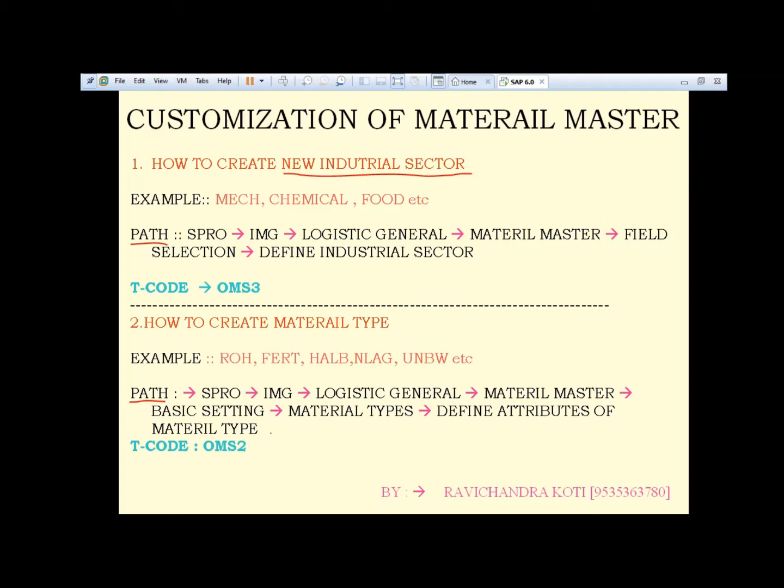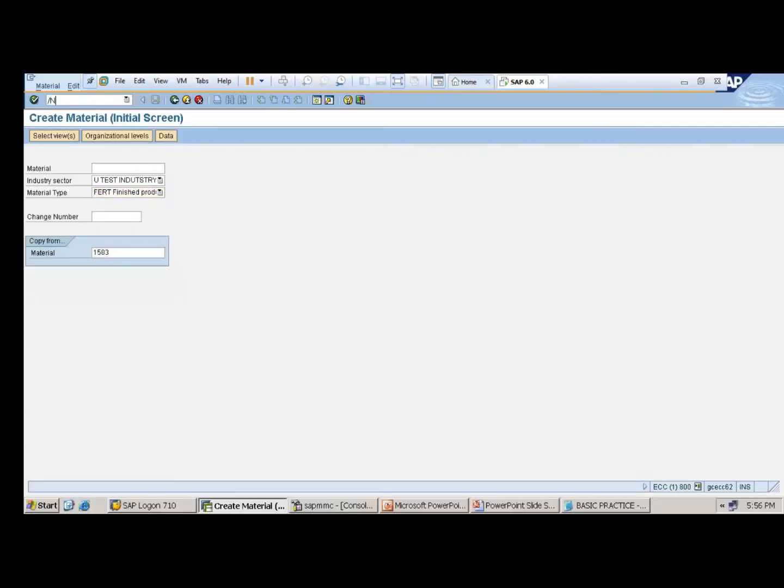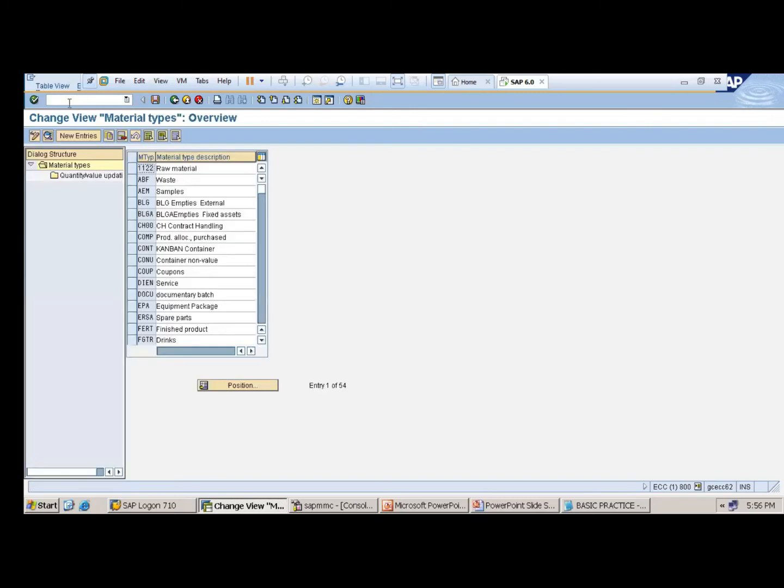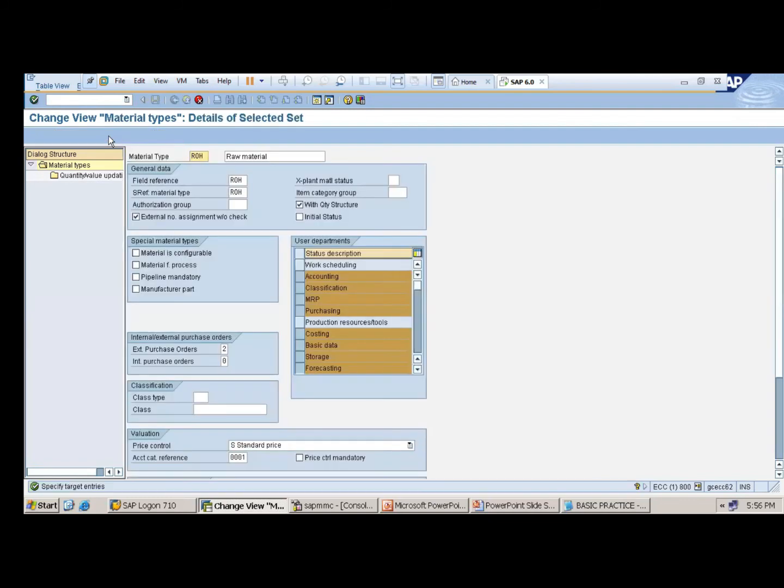So go for OMS2. See, /n OMS2. Enter. Go to position. Choose ROH. Enter. Select ROH. Copy as. I can take here ZROH, customized ROH.